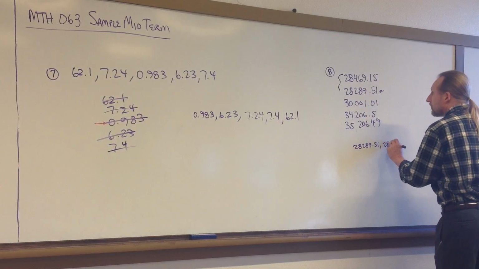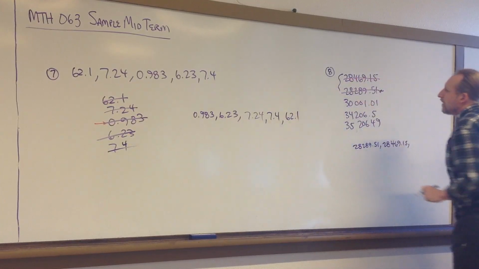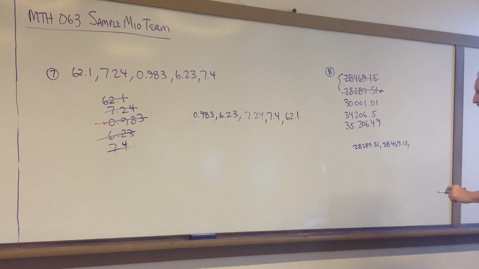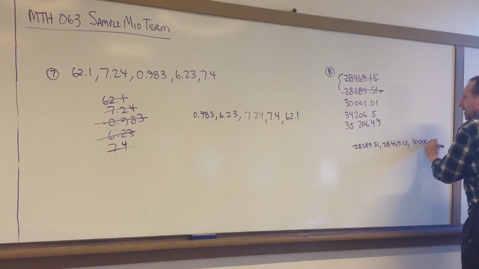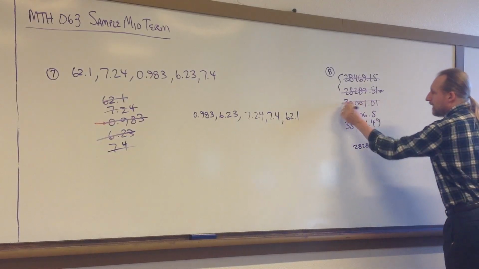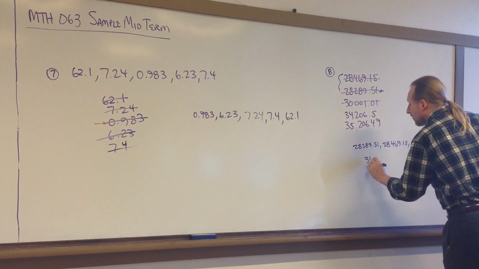So that's the next one, 28,469.15. So those are both gone. Then next comes the 30,000.01, and then the 34,000, then the 35,000. Okay, so